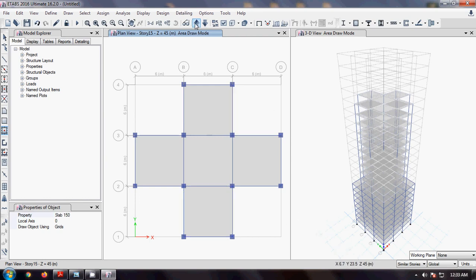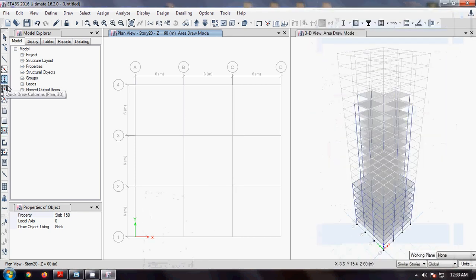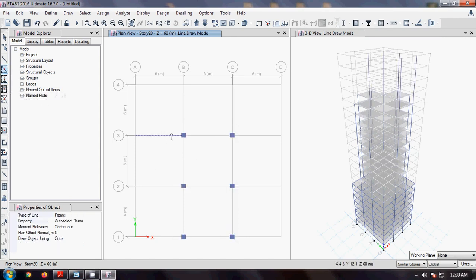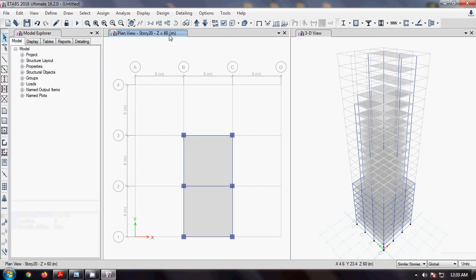Then again go to another set of similar stories, that is 20. See the architecture structural plan. Okay, then again quick draw columns, again beams, then slabs. So after giving all the properties, go to the basement floor